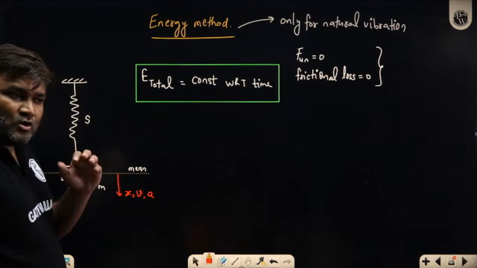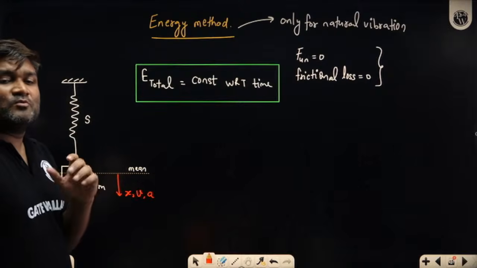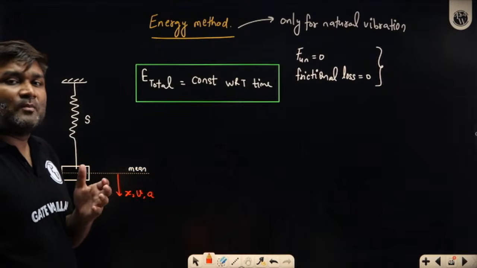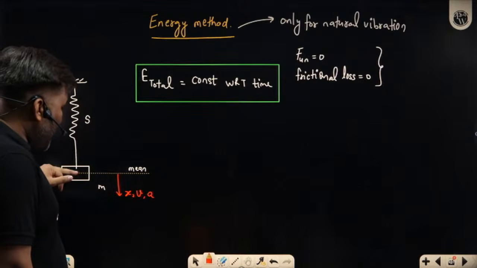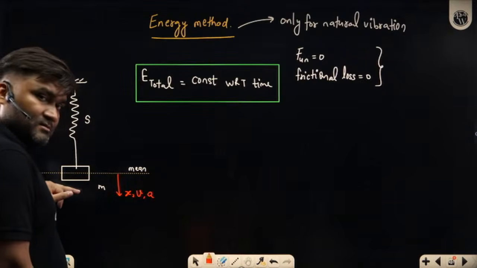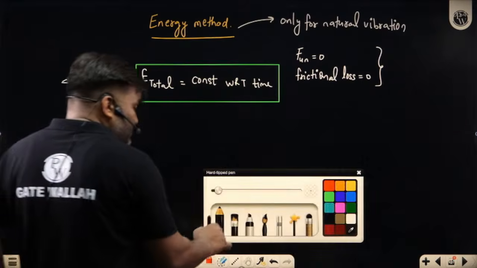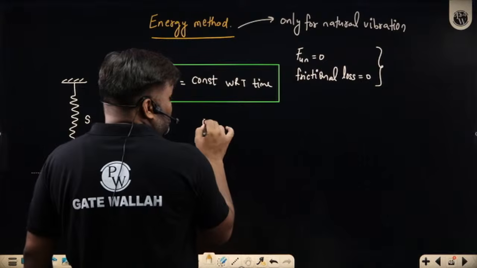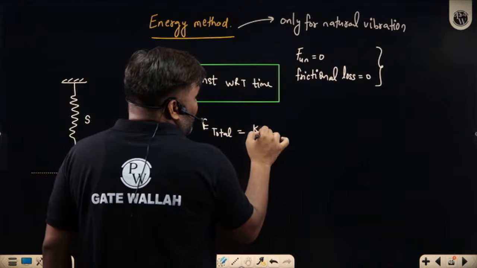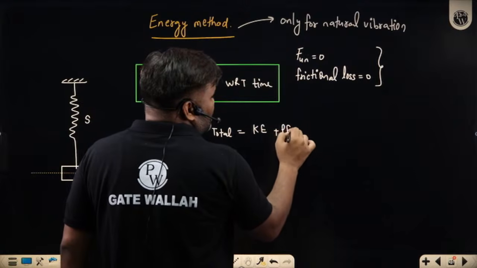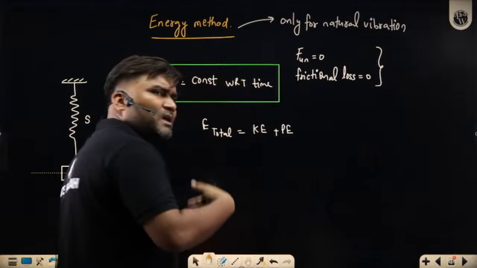If mass is not concentrated, like here we have a block, if distributed mass is there, you will start talking about the center of mass of the body. So mass is at x distance, it is also moving with velocity v, so it will have some kinetic energy. What are the total energies? Whatever you can see, there will be some kinetic energy, there will be some potential energy. If mass is also rotating, there will be some rotational kinetic energy, everything.